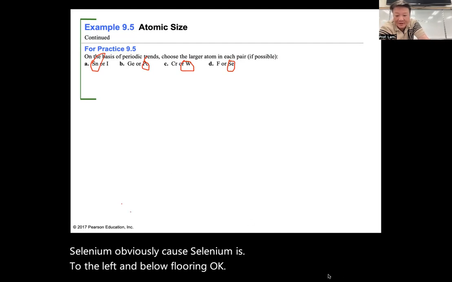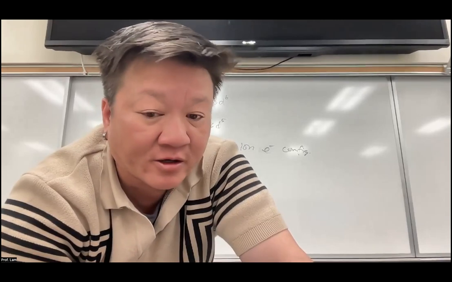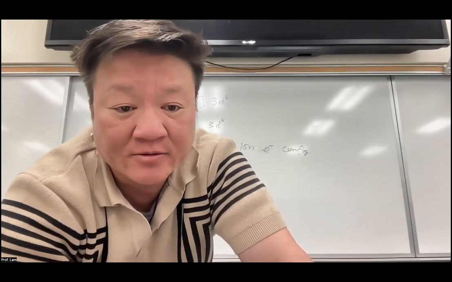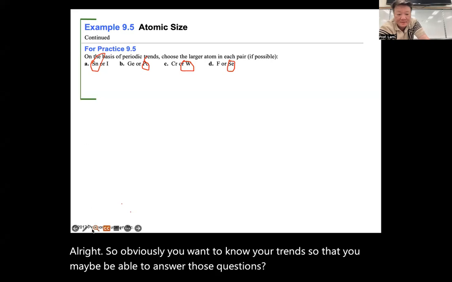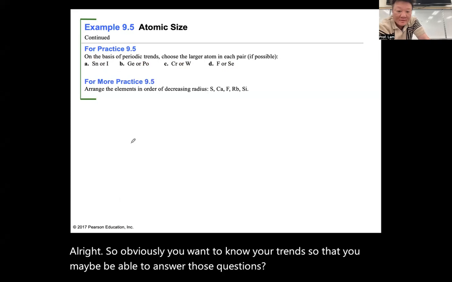All right. So obviously, you want to know your trends so that you'd maybe be able to answer those questions. Okay, let's do this one too. Arrange these elements in